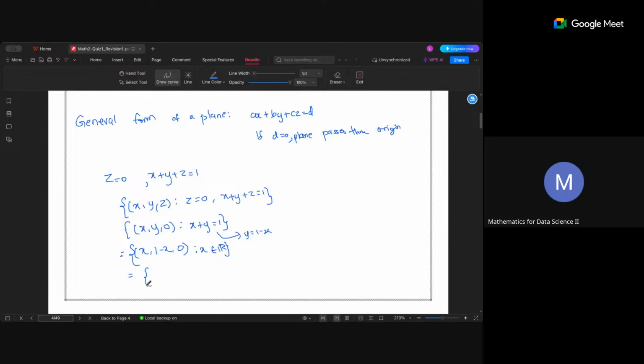Because here you see that it is x times (1, minus 1, 0) plus (0, 1, 0). I wrote it incorrectly, just a minute, I will complete this. So it is x times (1, minus 1, 0) plus (0, 1, 0). This represents a line which is shifted from the line through the origin, and when you add 1 point to it, it is a shifted line. So this represents a line in R3,